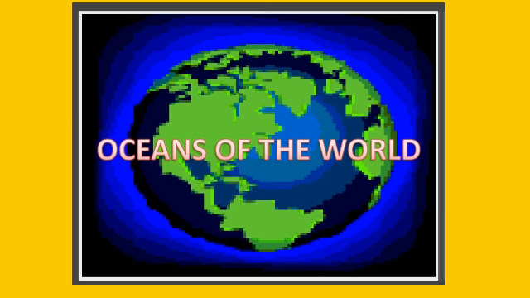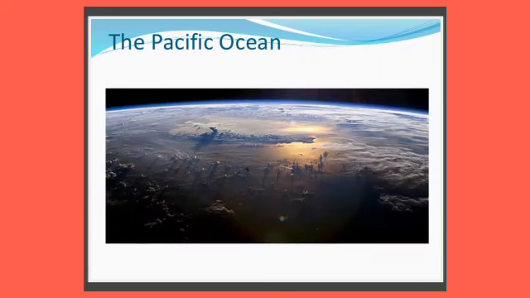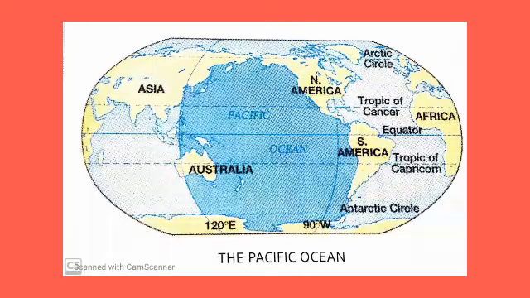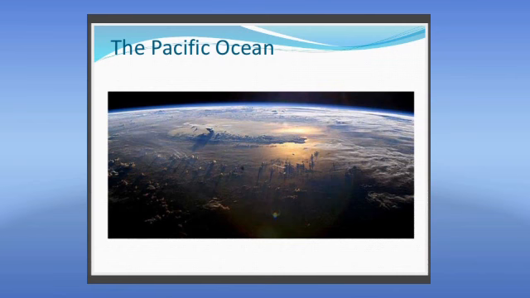Now let's get to know about the oceans of the world, starting with the first ocean, Pacific Ocean. Pacific Ocean is the deepest and the largest ocean, children. It covers an area larger than the combined areas of all the continents. Observe the map clearly, children. The Pacific Ocean is bounded by Asia and Australia in the west and by North America and South America in the east. The Challenger Deep, more than 11,000 meters below the mean sea level, located in Mariana Trench in the Pacific Ocean, is the deepest point in the world.